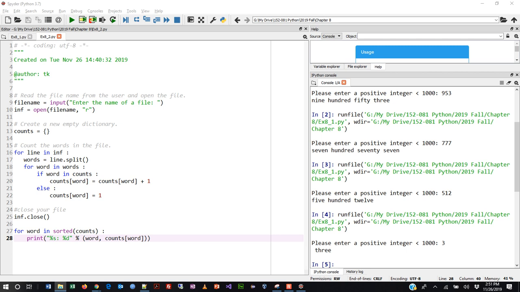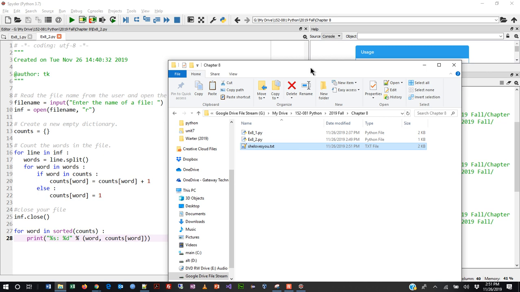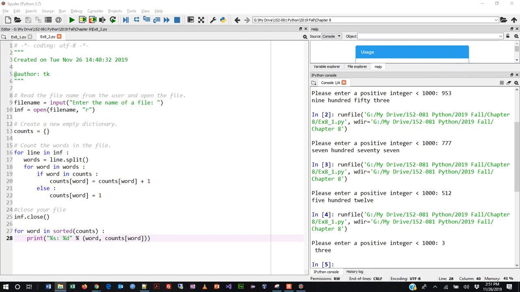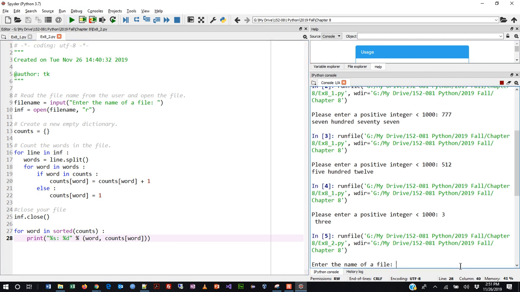And we're going to copy it over into my Chapter 8 folder. I'm doing that on the other screen, by the way. And my file name is, just so you can see it, shelovesyou.txt, all lowercase, no spaces or anything weird like that. All right, so when I run the program, that's what I'm going to type in. So enter the name of a file,